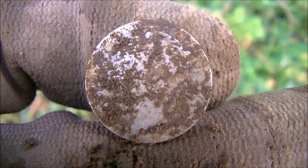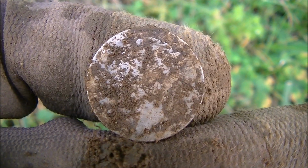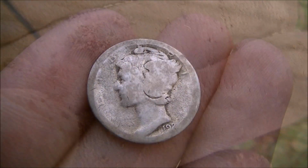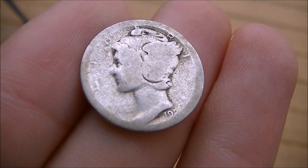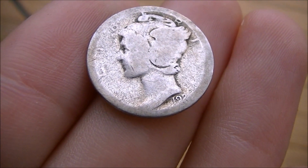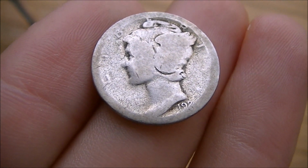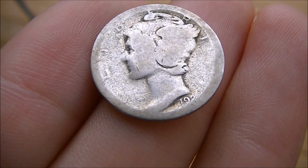I hope the date's still there, but this might be from the teens. Really worn one. At the very latest, probably early 20s, so that's awesome. This mercury dime has been worn into oblivion. I can barely see just a piece of the date. It is 192 something. And unfortunately, I don't think it's a 1921 because you might see the little tip of